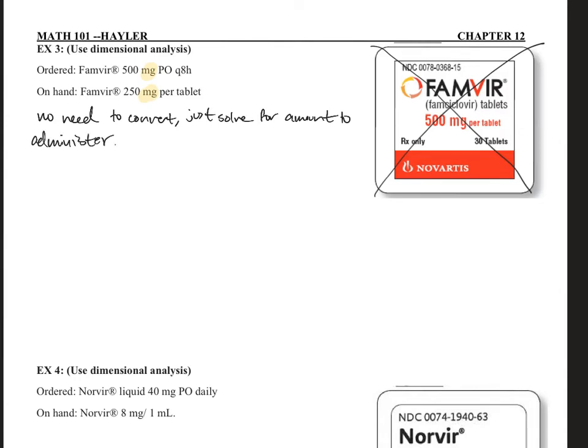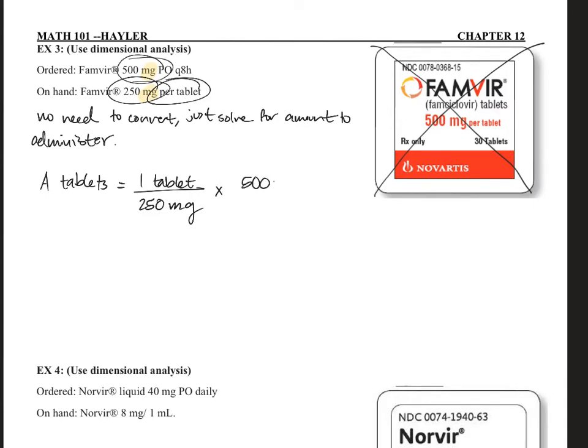Alright, and to do that, we're going to solve using dimensional analysis. What we want to know is the number of tablets, A tablets. We know that in one tablet there is 250 milligrams. So one tablet, we have 250 milligrams, and we're going to multiply that by what we have there, 500 milligrams. The reason we set it up this way is because remember we're trying to cancel out the milligrams from the bottom to the top. When we do that, those units cancel out, and we are left with A tablets